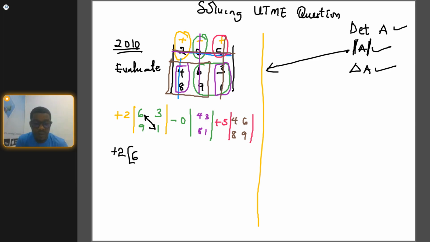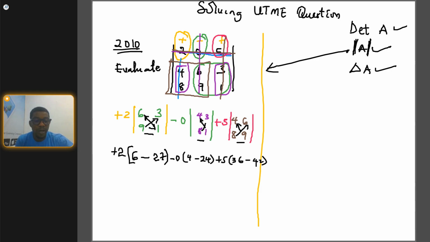That is 1 times 6, that is 6, minus 9 times 3, that is 27, close the bracket, minus 0 in brackets, 4 times 1, that is 4, and 8 times 3, that is minus 24. This is a 2 by 2 matrix that I'm solving here, the determinant of a 2 by 2. Here you're going to have plus 5 in brackets, 9 times 4, that is 36, minus 8 times 6, which is